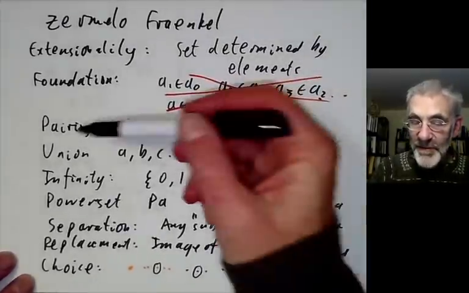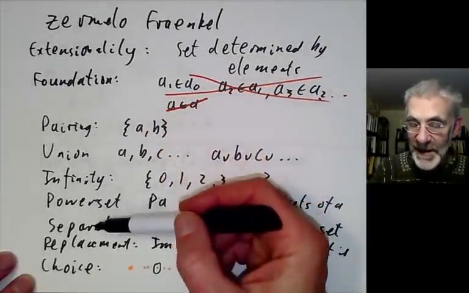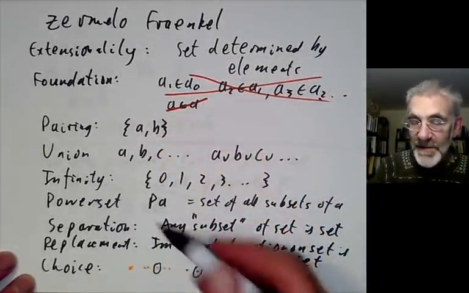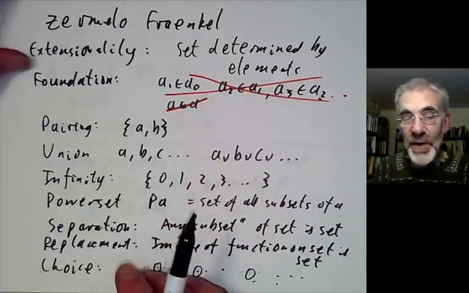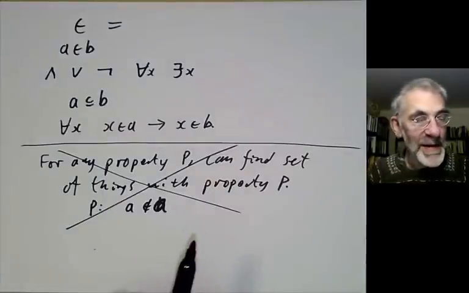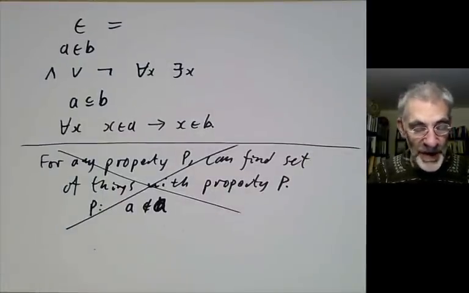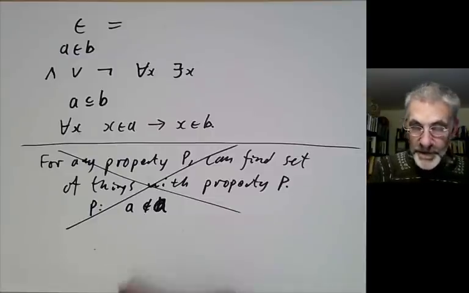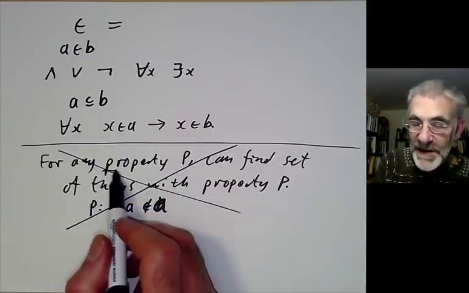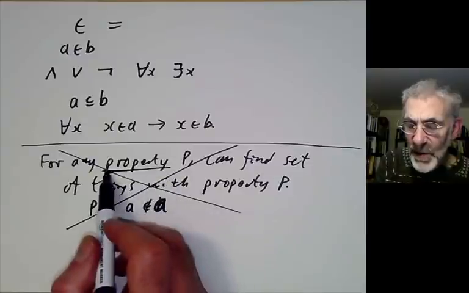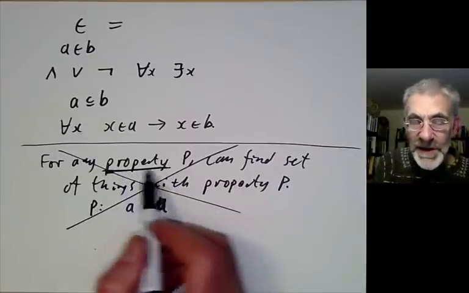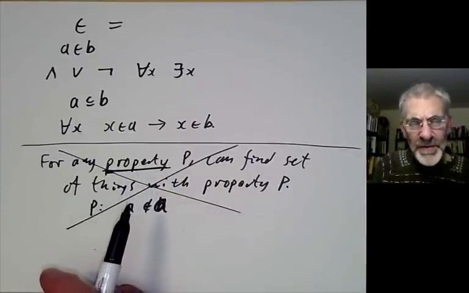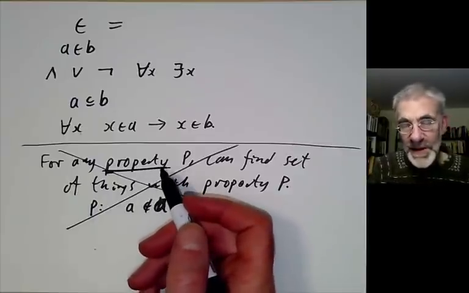If you look at the axioms of Zermelo Fraenkel set theory, a lot of them, pairing, union, infinity, power set, separation and replacement, are in some sense special cases of the axiom of comprehension. So you hope that by keeping these forms of the axiom of comprehension and discarding things like this, then maybe you won't get into a contradiction. One of the problems is that the concept of a property is actually rather tricky. I mean, what do we mean by property of sets?